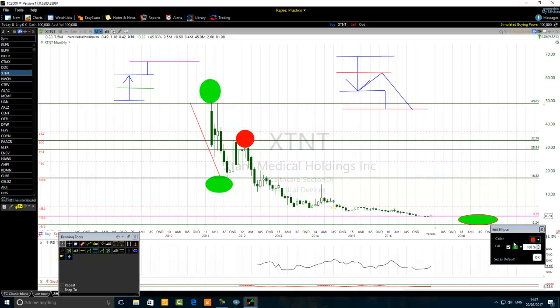The first sweet spot zone that everybody else knows is between the 50% and the 61.8% Fibonacci retracement level. The secondary or forgotten sweet spot zone is between the 150 and the 161.8% Fibonacci extension level. So what I'm trying to do here is to explain to you the psychology of the